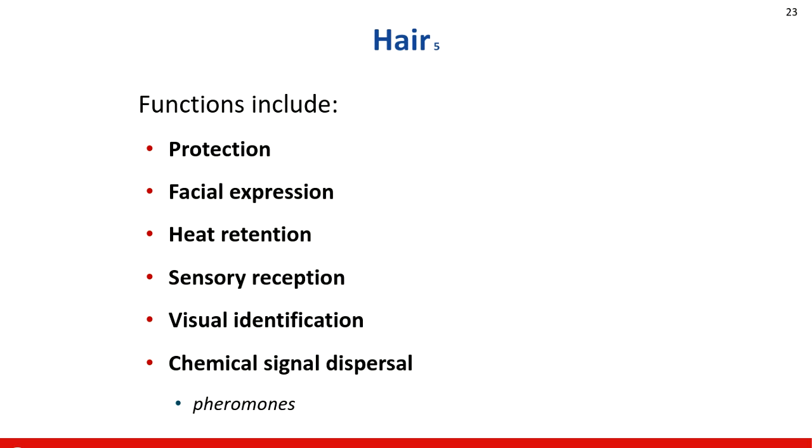Chemical signal dispersal, if you've ever heard of pheromones, that is like your scent. Usually around puberty is when we start to have our pheromone production occurring. Certain sweat glands secrete onto some of your hair, maybe pubic hair, in the axillary region, in the groin region, and that will actually cause that person to have